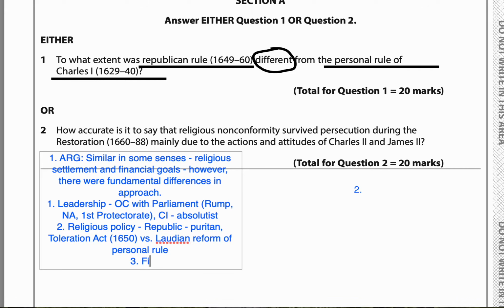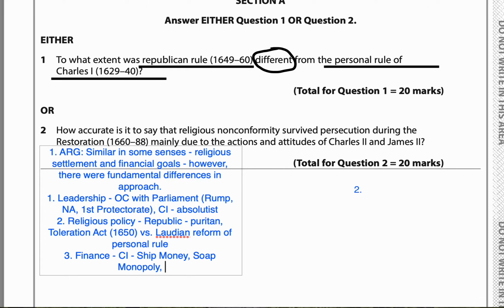And then finally, there's lots of things you could mention as your third paragraph. You could mention ruling the three kingdoms, and you could talk about Scotland and Ireland and how they both approached that. I would maybe talk about finance. And I think you could talk about how in both periods, the rulers sought varying ways to raise money. If we start off with Charles I this time, obviously we're talking about extraordinary revenue, we're talking about ship money, the soap monopoly, these kinds of things, and you're going to say these things are unpopular,